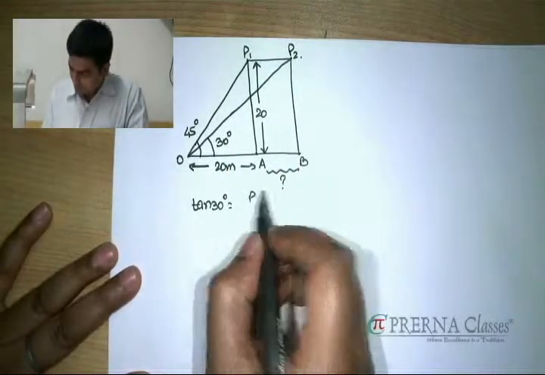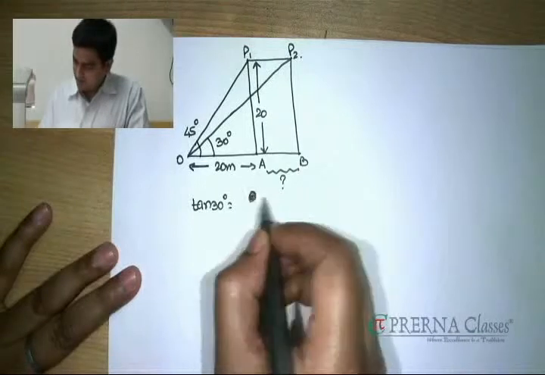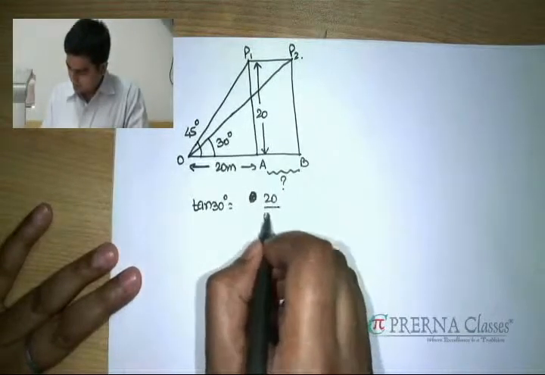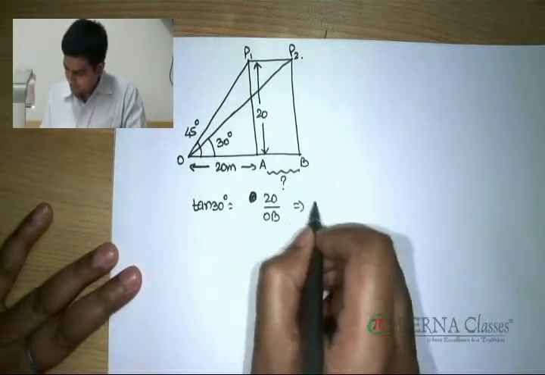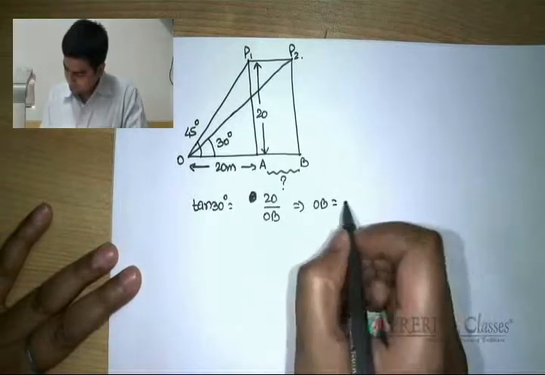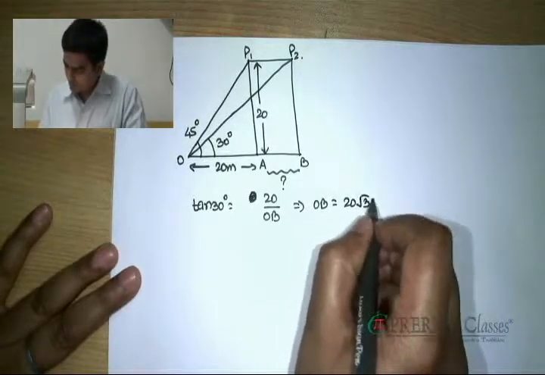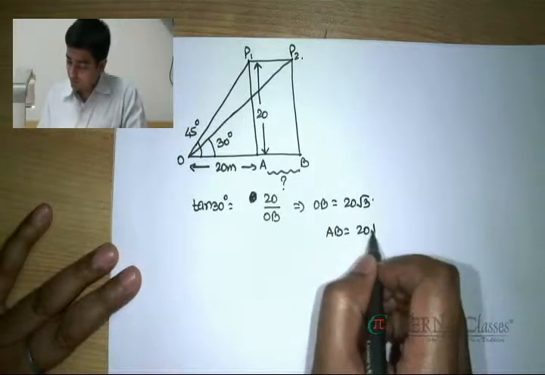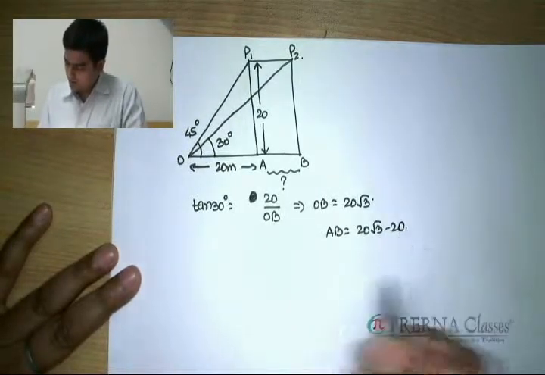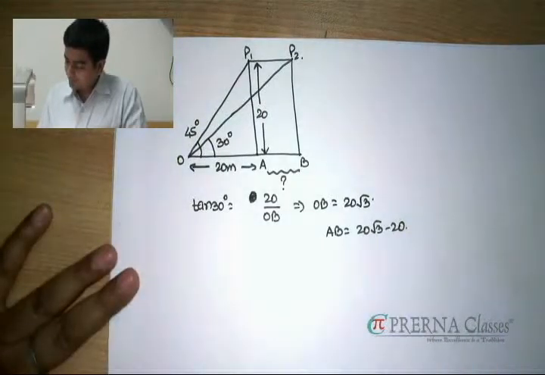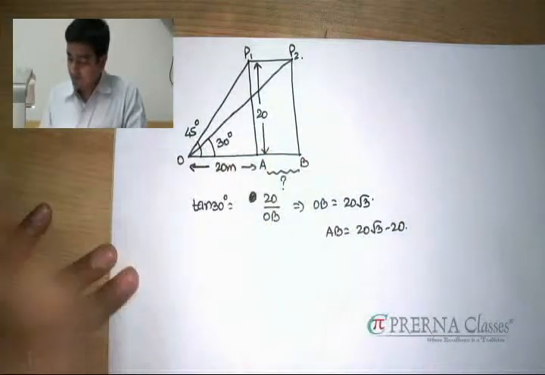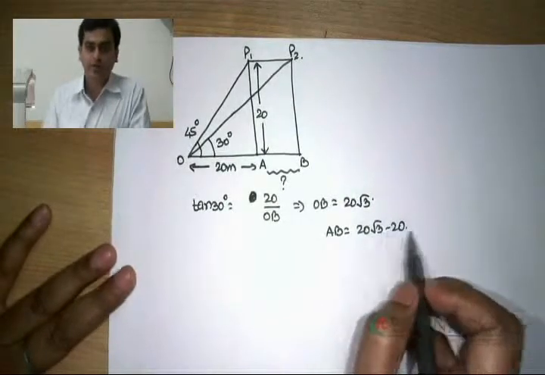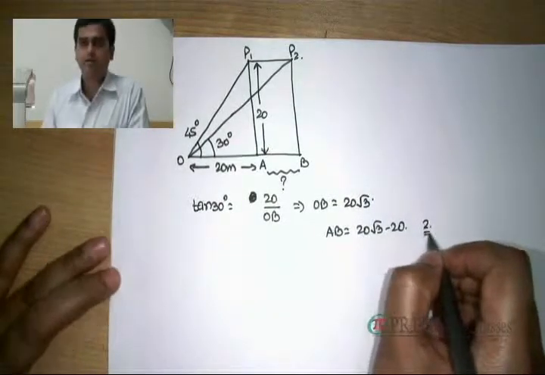Using this right triangle, if I consider tan 30 in this case, we should end up getting this ratio, by which you can clearly check that the value of OB turns out to be 20√3. Once you know OB, AB is going to be this much, and that is what is going to be the speed also, because the duration for that period is 1 second. This is going to be the answer, which is matching with option 2 from that problem.